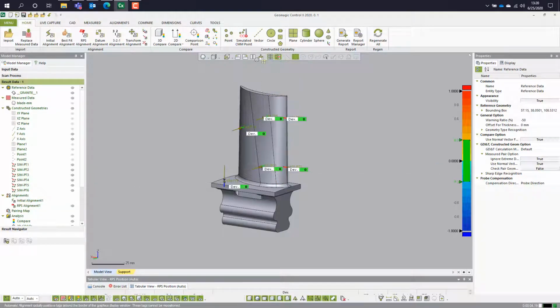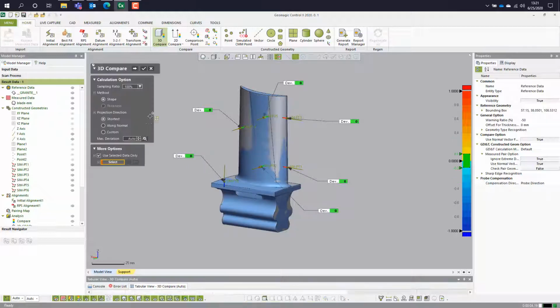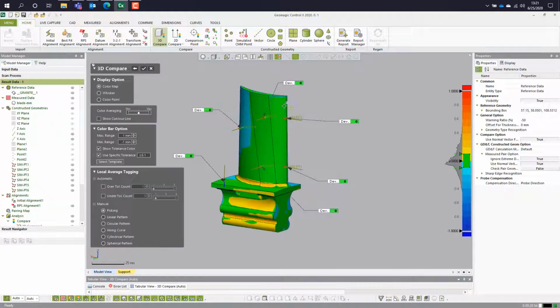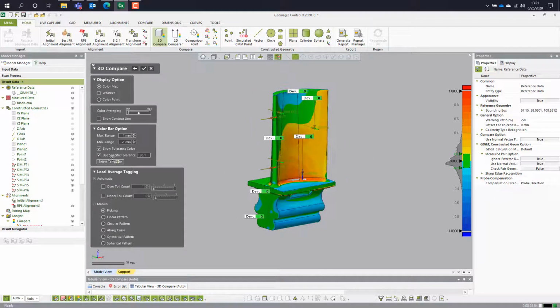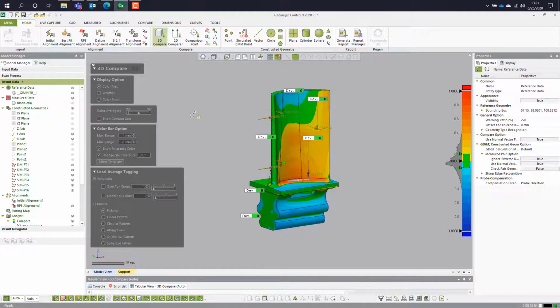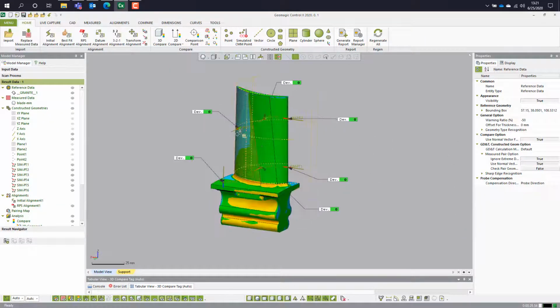So now if I take this guy, change that to snapped, so we can see you zero those guys out. Okay, and if I turn my measured data back on and then do a 3D comparison, there's our results. And again, we can adjust the tolerance band as needed. We'll click OK there. Now, if I wanted to go in and adjust this guy so he's not going along the y-axis, but he's going normal to it,